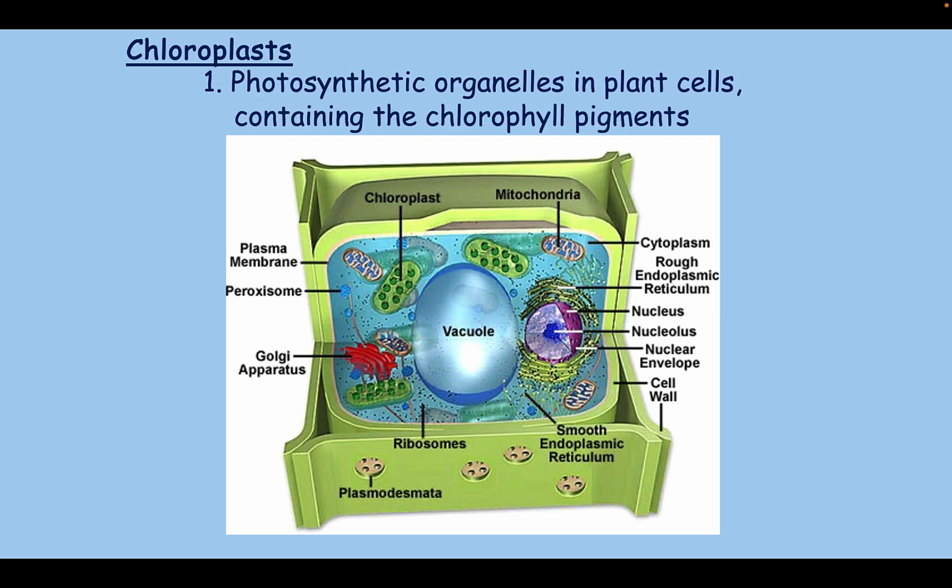Chloroplasts are very similar to mitochondria. Now, plants also have mitochondria, but chloroplasts, remember I talked about mitochondria having two membranes, one membrane inside of another. Chloroplasts do too. When we talk about how plants make sugars, I'll talk about why it's important to have those two sets of membranes. Just like when I talk about how mitochondria make ATP, I'll talk about how important it is to have two membranes. So these chloroplasts have two membranes, and inside the inner membrane, they have lots of different pigments,